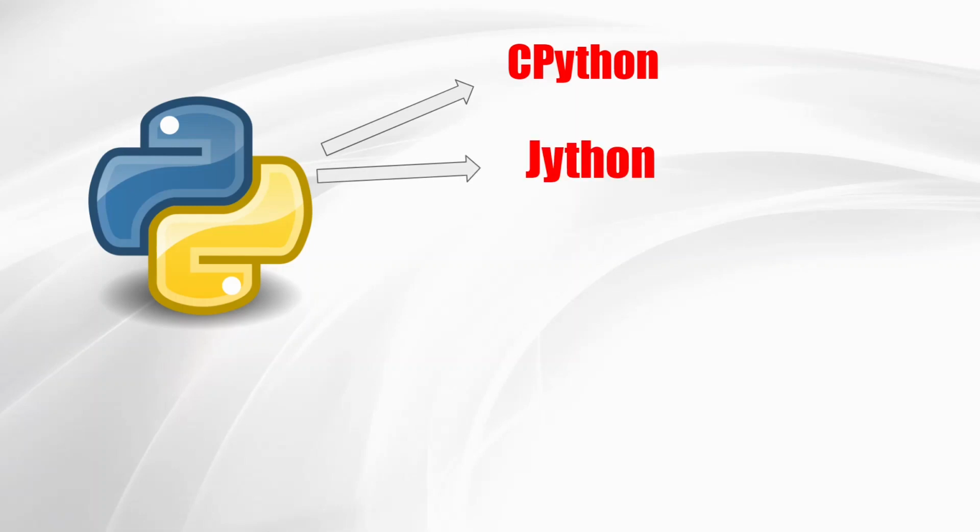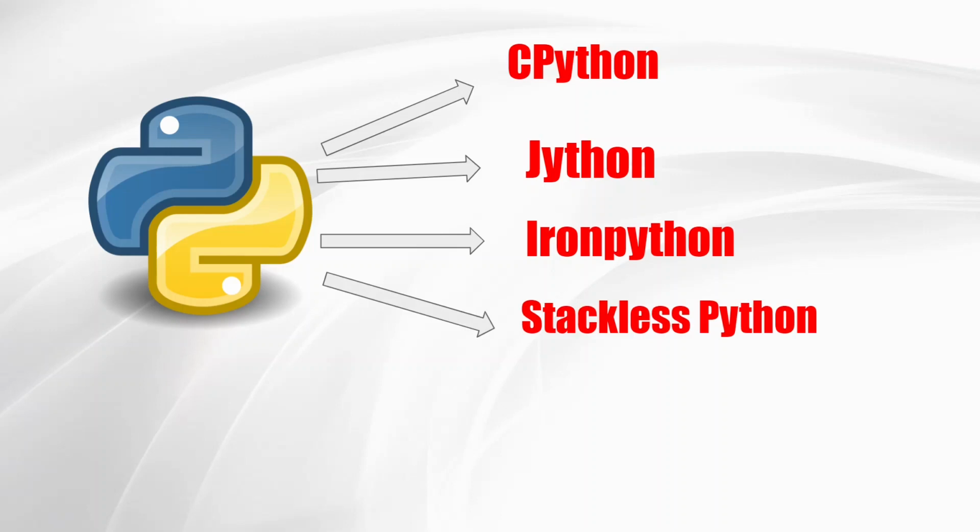So now we know that in order to write Python code, we can download any number of interpreters, right? We have CPython, which is a combination of C language and Python. We have Jython, which is a combination of Java and Python. We have IronPython, which is for the .NET framework. We have Stackless Python, which is again a combination of C language and Python. And then we have PyPy, which is written in the Python language itself, right? So these are a few examples, guys. We have n number of interpreters to download.